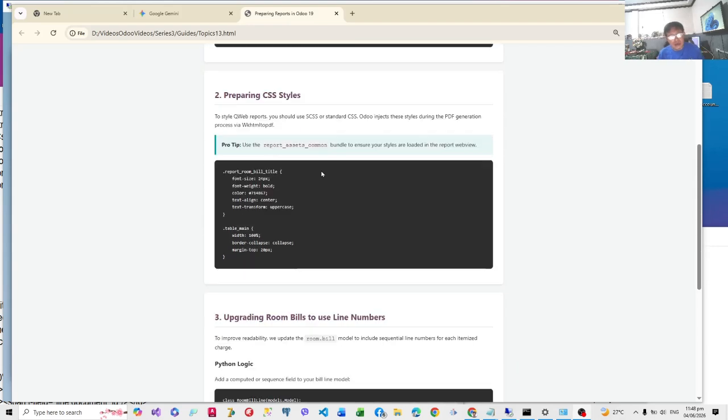Now, a second important component when you are preparing a report is your CSS styles, okay? Because one of the most difficult parts in making report outputs is positioning and styling of your different report elements. For example, how do you position the age, the birthday, the bill of a customer? If you don't have the proper styles, sometimes they will overlap. Sometimes they're put somewhere else. Positioning and styling is very important, so you have to prepare your CSS styles.